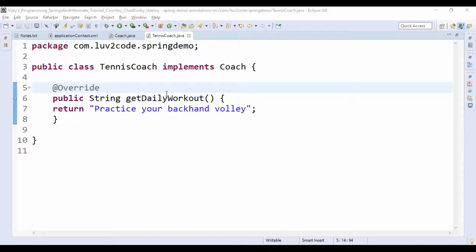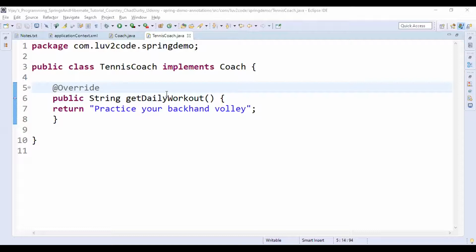We have actually seen some annotations, right? In the previous project, Spring Demo 1 project, we worked on the TrackCoach.java class.